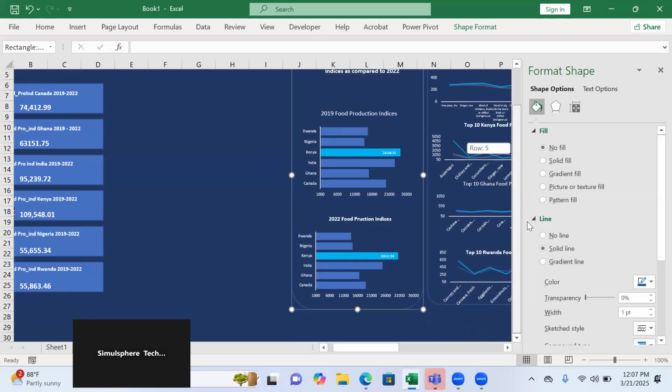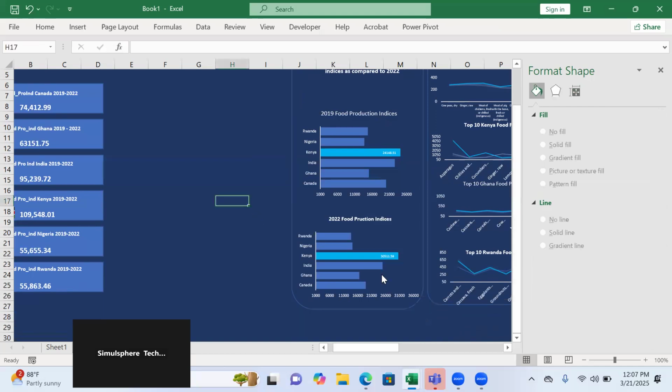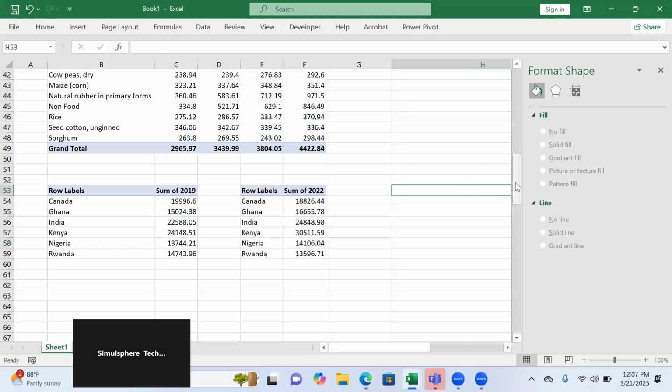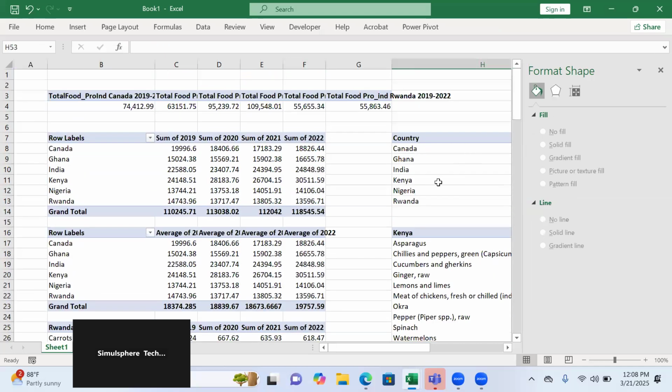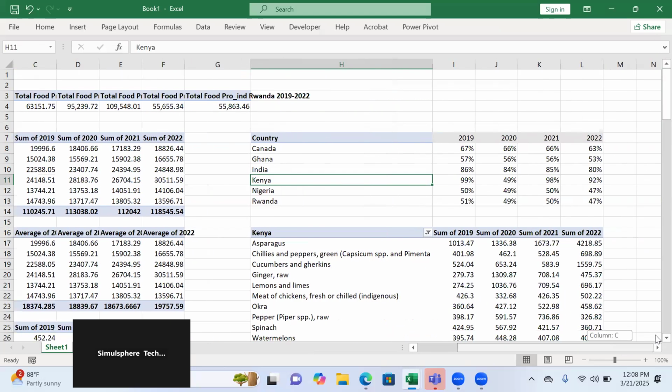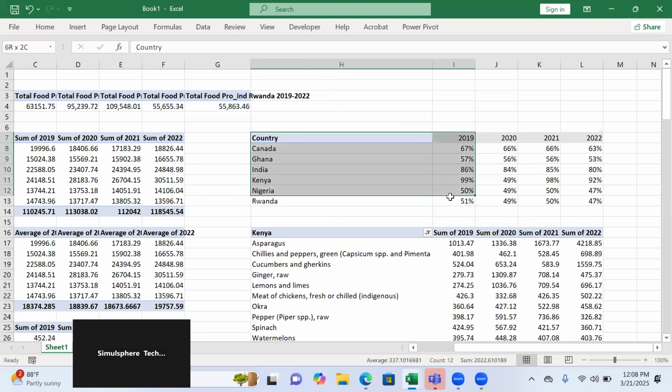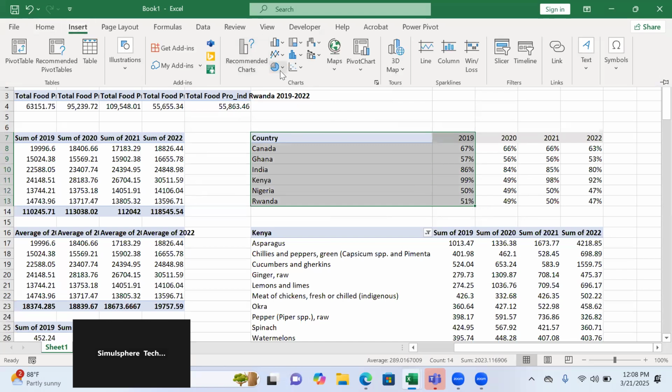The third section we are going to have is the section that is going to sit our pie chart. And what we are going to be using for our pie chart is the information we have here. For time's sake, I'm not going to use all 4 pie charts. I will just use 2019 and 2022. Okay, so I'll just highlight these 2 values, go to insert and select